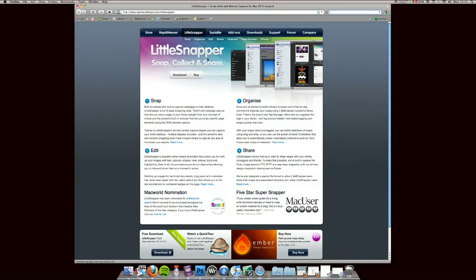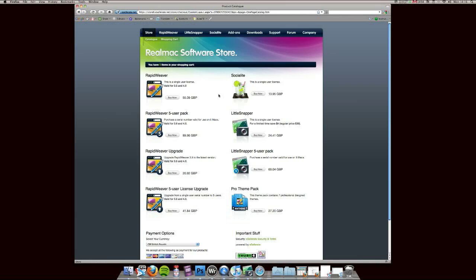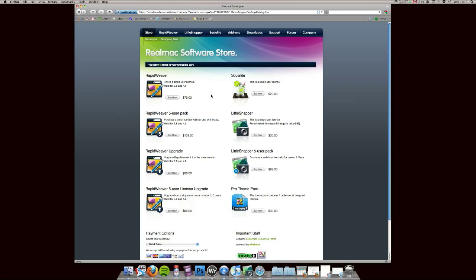LittleSnapper is available from realmacsoftware.com/LittleSnapper. So I believe it is only around $35. So it's a bargain application. It's very, very useful, and it's just suited to anybody who uses screenshots on a regular basis. For example, web designers, when you're putting images of websites you've created on your own portfolios, or for bloggers if you're creating roundups of websites and the like. So it's $35 for a single user license from